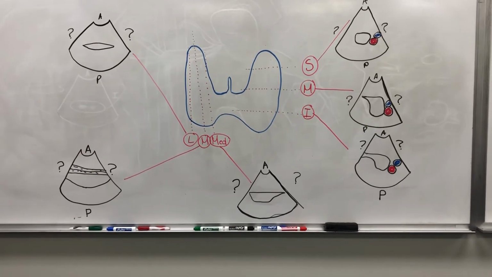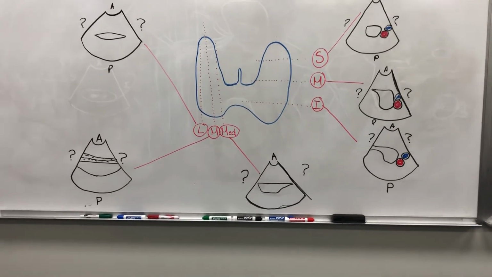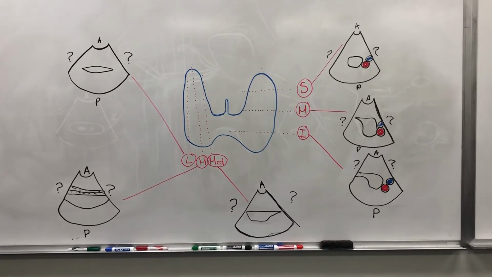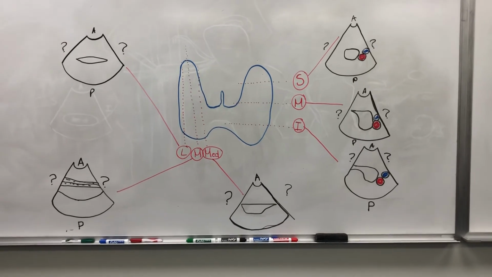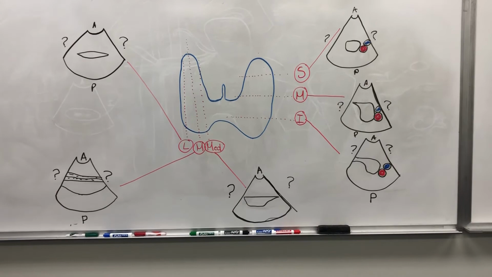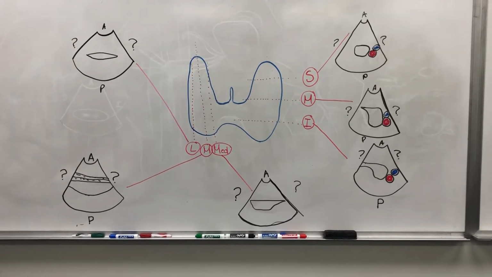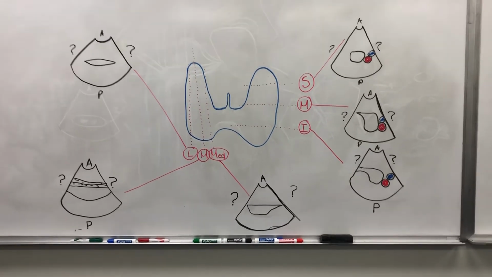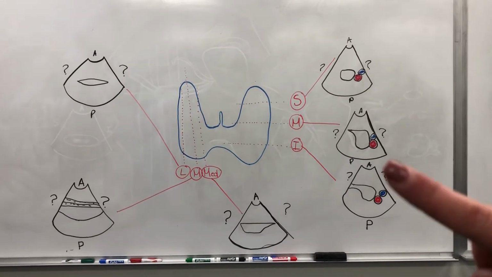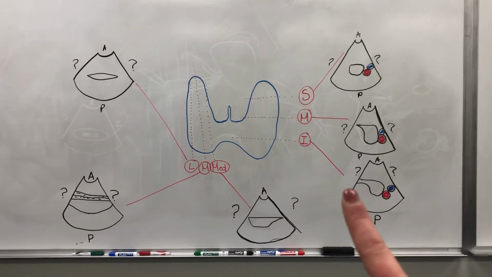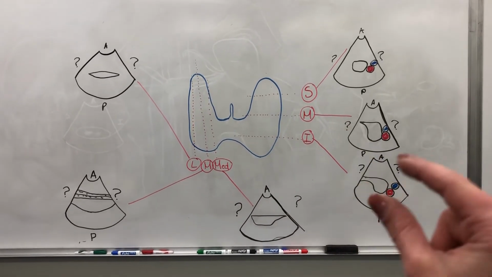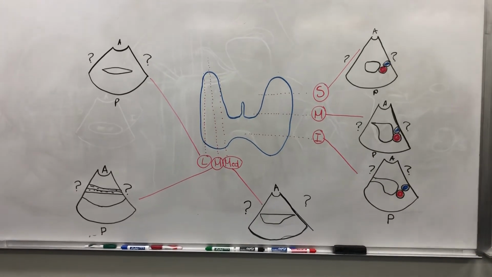So again, the goal is, we want to do obviously a good sweep through, but we want to make sure that we're in the proper areas when we're taking our diagnostic images. That way, when we go back, especially with a lot of these follow-ups, people will try to follow it, and you want to make sure you're in that right area, so that when someone is following you, or you're following someone else, you know where to look for particular pathology. So again, when you're seeing a good chunk of that isthmus, you're probably in the inferior pole, whereas in the mid pole, you just have a little point, and that gets very confusing, especially for new sonographers,